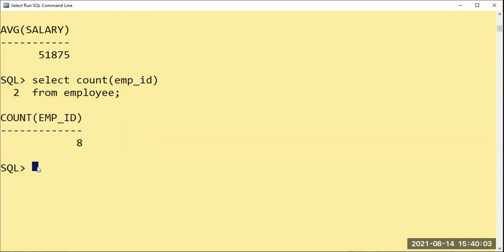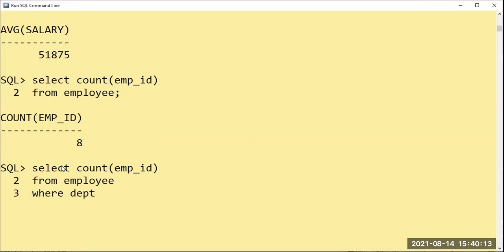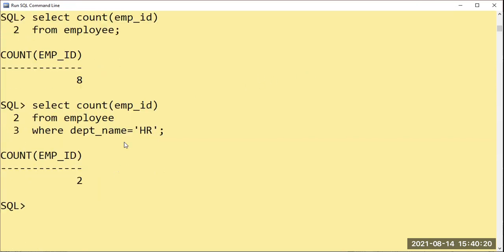Otherwise, I can say select count employee ID from employee where department underscore name equal to HR. Are you able to understand what I wanted?